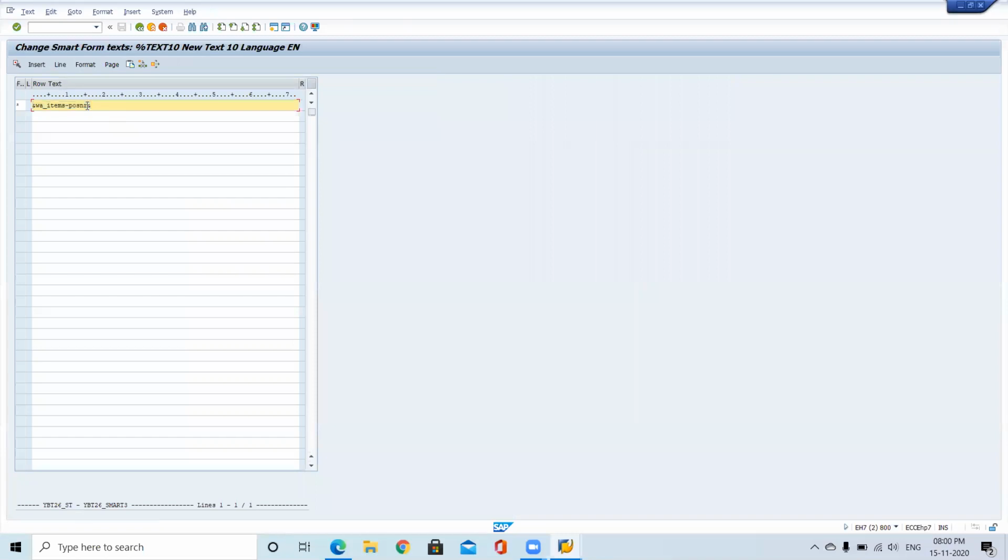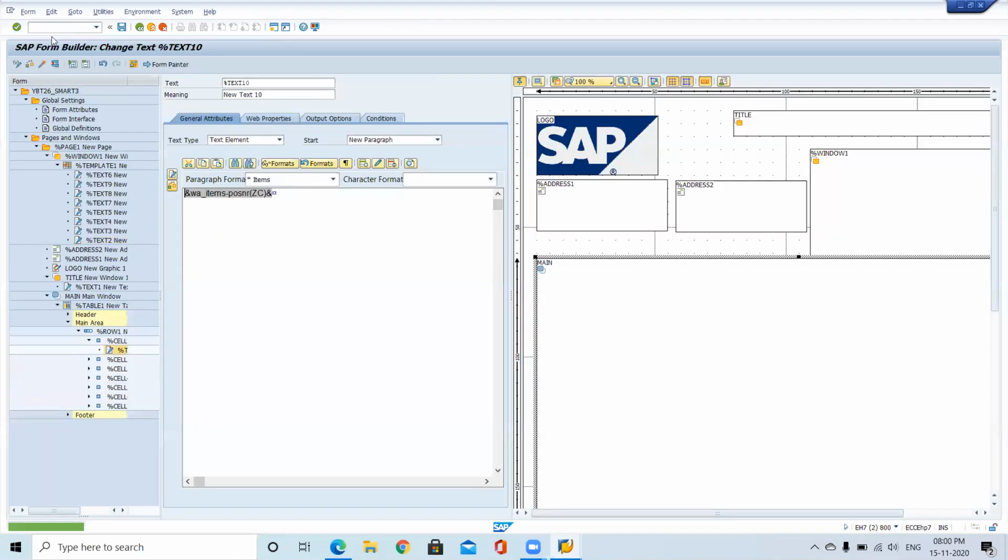In the editor, just specify the formatting command. I don't want leading zeros, just give Z. I don't want additional space, then give C, condense. Z, C. Just activate.